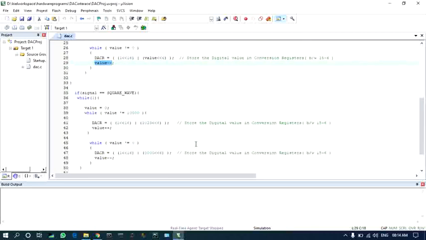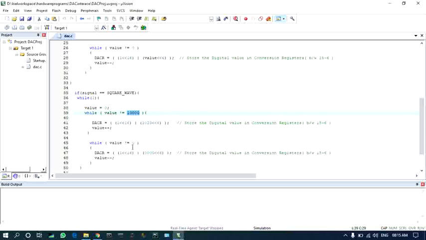In the square wave, we are maintaining a state for 10,000 iterations. So here also we have two iterations. In these iterations we are maintaining the value. In order to get the high level, we are maintaining the value 1023, that is the maximum value that we can supply to the DAC, for 10,000 iterations.